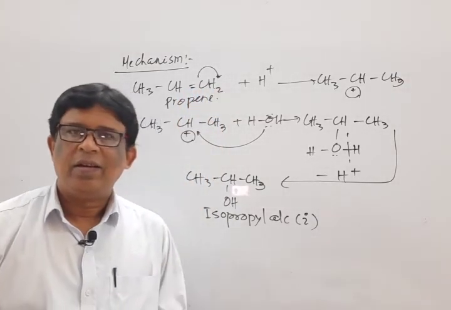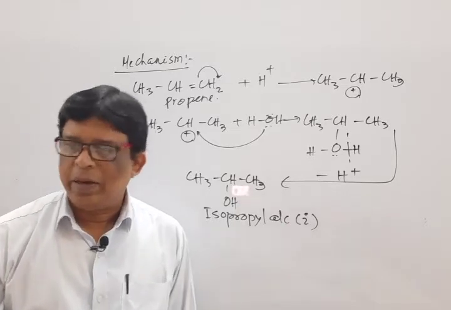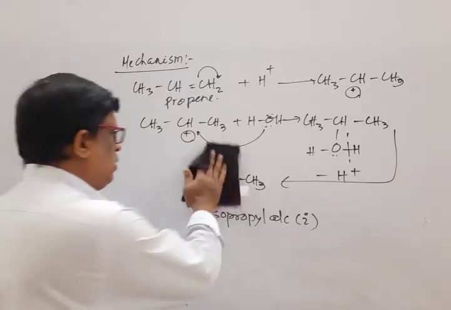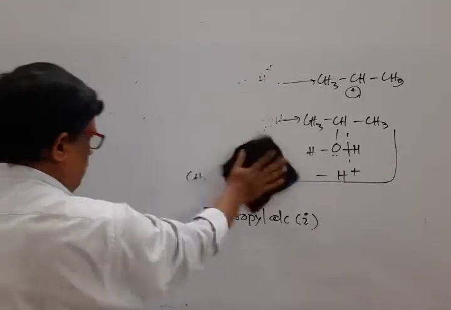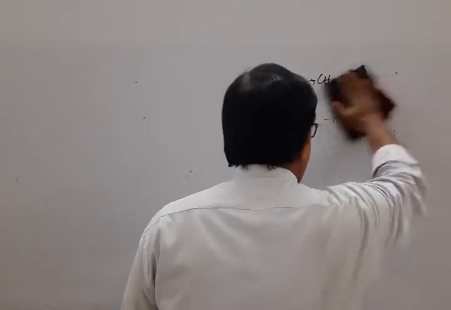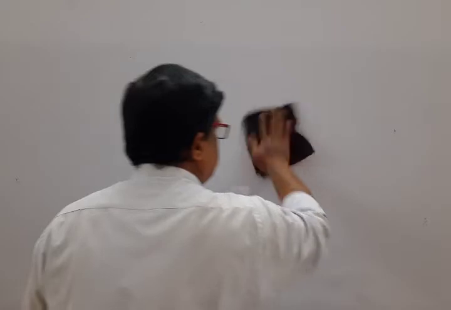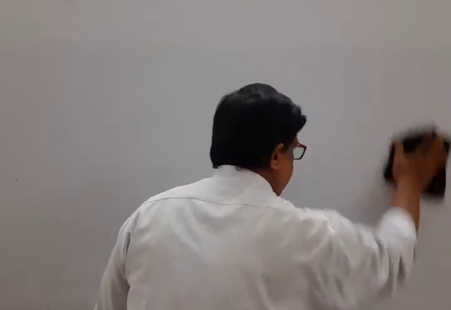Okay? So today I'll try to complete two important chemical properties. One is known as oxidation reaction and one is known as polymerization reaction. Again, under the heading of oxidation reaction, there are so many categories depending upon the different conditions. So many reactions are there. So let us discuss one by one.